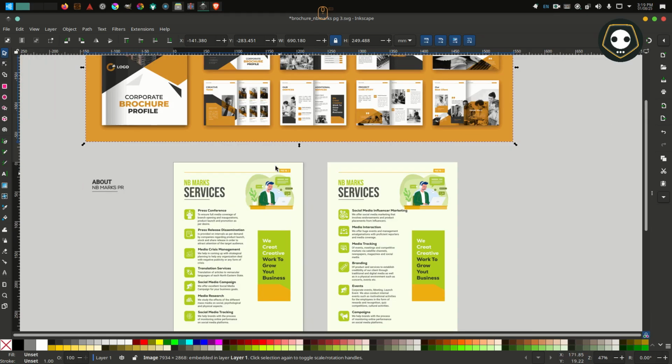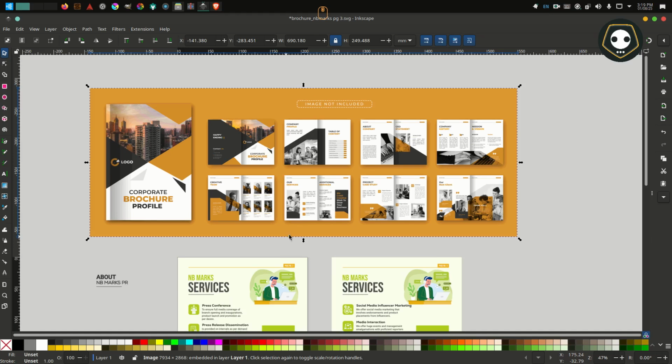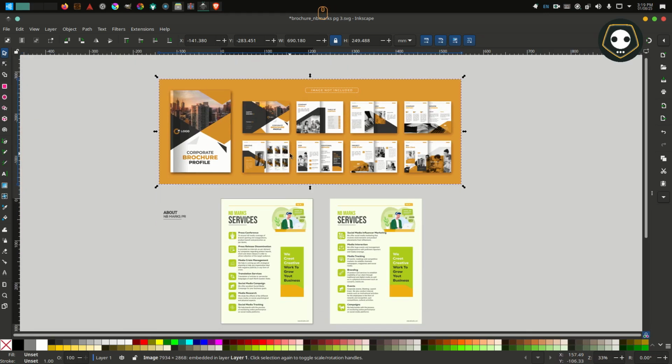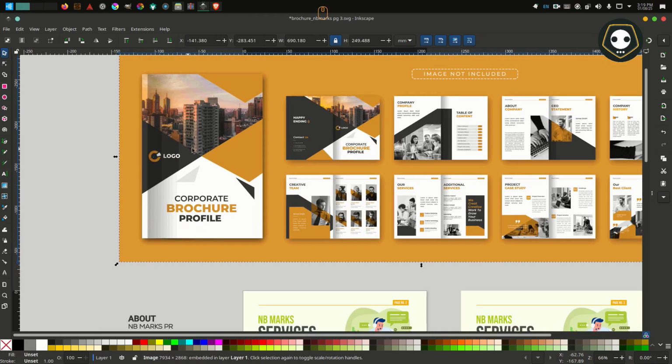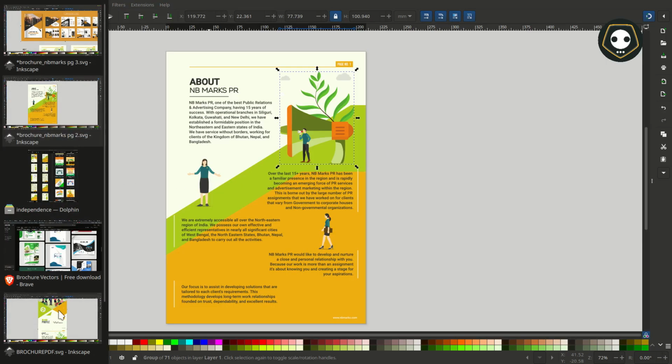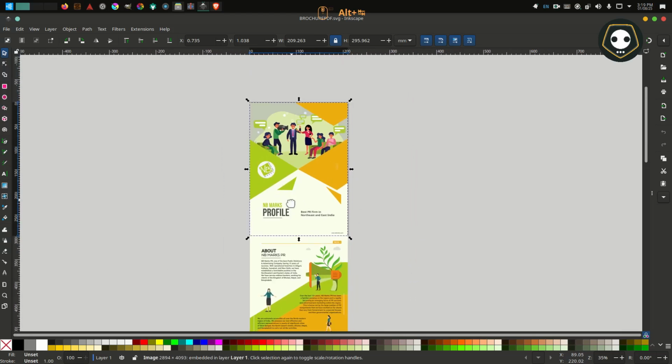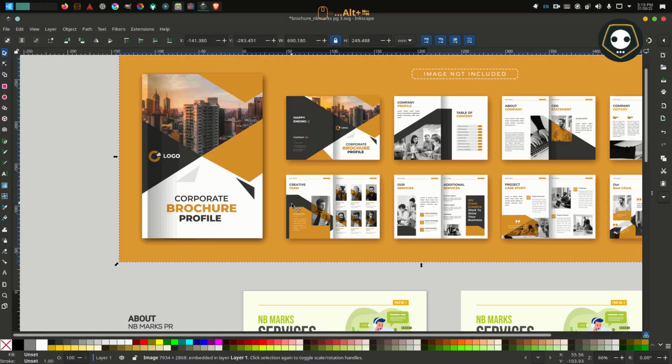This is not exactly the same as what I have already shown you above in my file. This is the reference image. If you focus on this one, you can see here this is the same file.